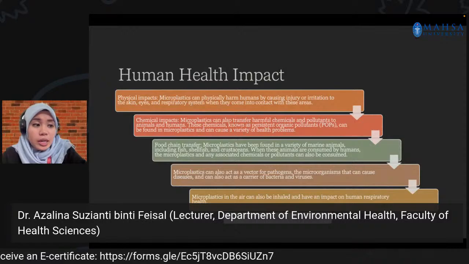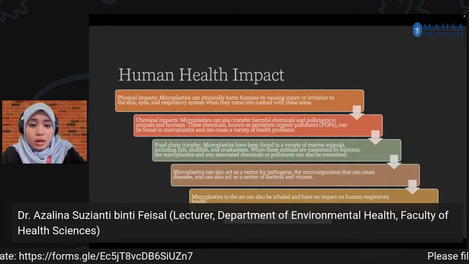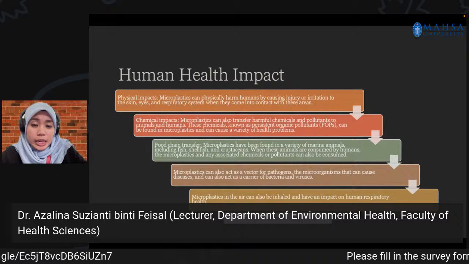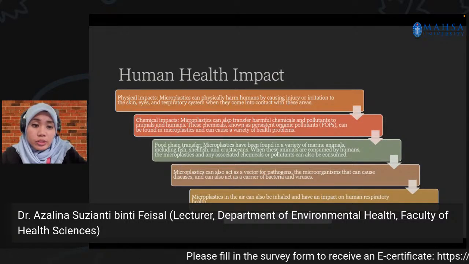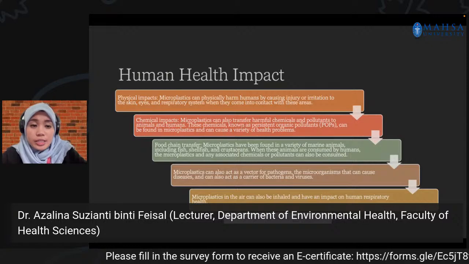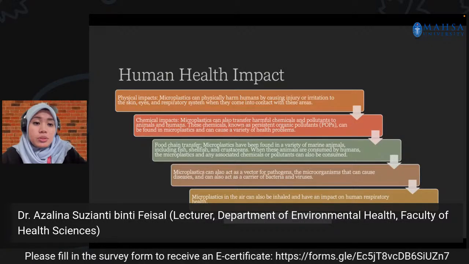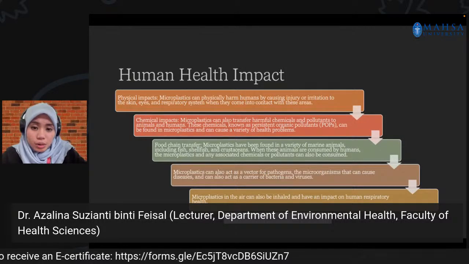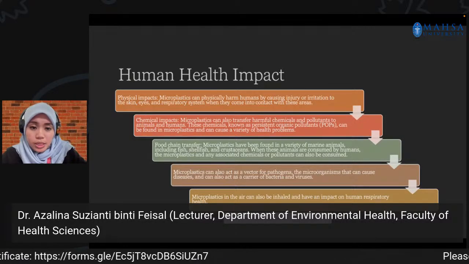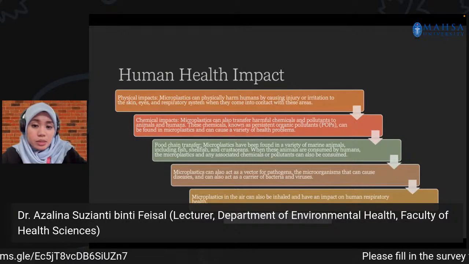So for human health impact, microplastic usually can physically harm us, by injury or irritation to our skin, eyes, and respiratory system, and it can also cause chemical impact. Microplastic can also transfer harmful chemicals and pollutants to animals and humans, known as persistent